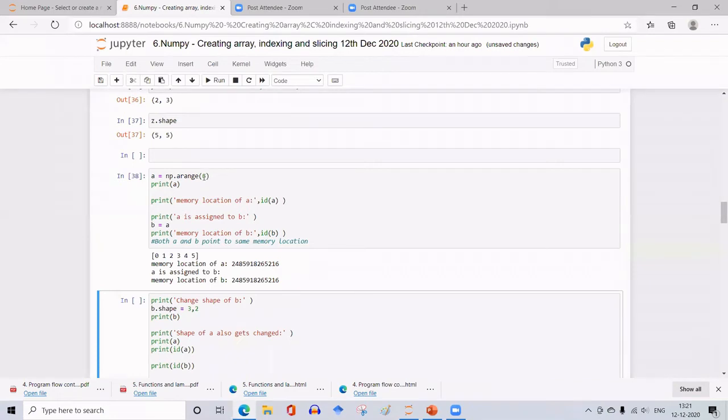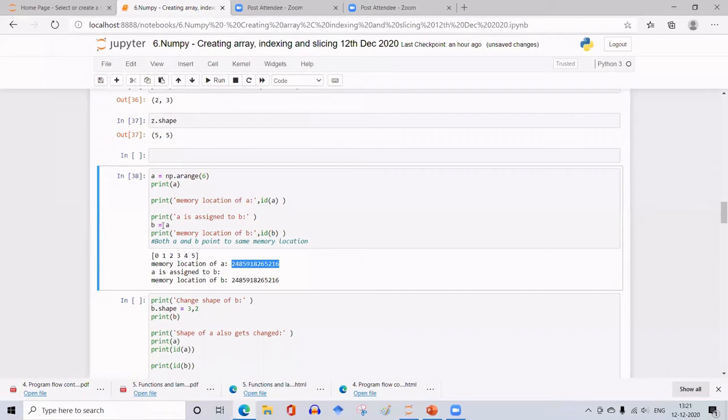Always the upper limit minus 1, it will stop at that point. So 0 to 5, it has formed a 1D array. So this is the array A. So what is the memory location of that? This is the address of that memory location where this array is located.